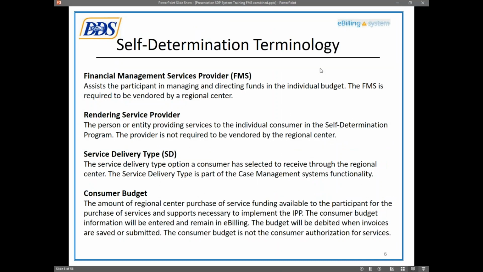Okay, so I also want to cover some terminology that's a little bit different than traditional eBilling. So the first thing is the FMS, or the Financial Management Services Provider. The FMS is the vendor that is going to be tied to your authorization and is required to be vendored by a regional center. The Rendering Services Provider is the person or entity providing the services to the consumer. This is information that is required to be on the Self-Determination Program invoice, but this person may not necessarily be